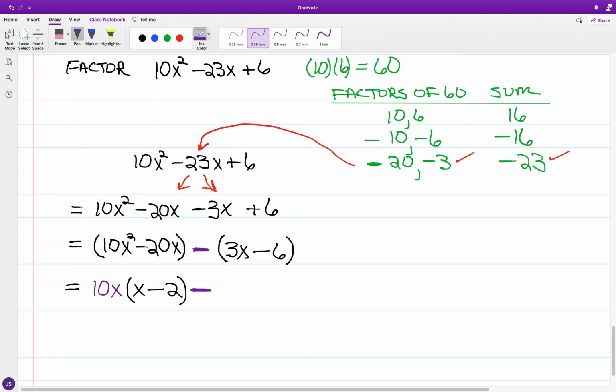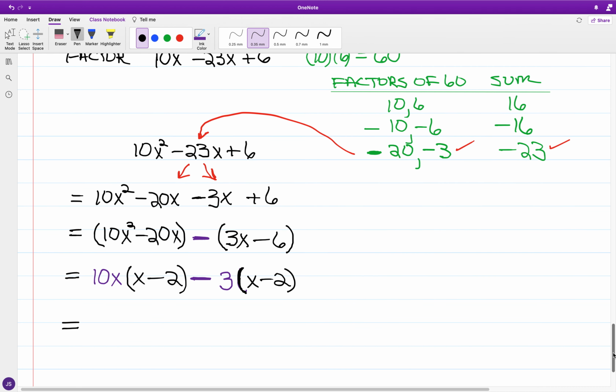Now the greatest common factor of 3x minus 6. Okay, so we're going to draw out the 3. 3 is the greatest common factor of 3x minus 6. And if I take 3 into 3x minus 6, that is going to be x minus 2. And looking at what we have, again we have common factors between the groupings. So we have the binomial x minus 2,